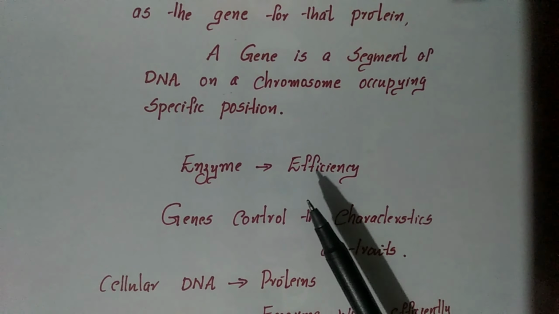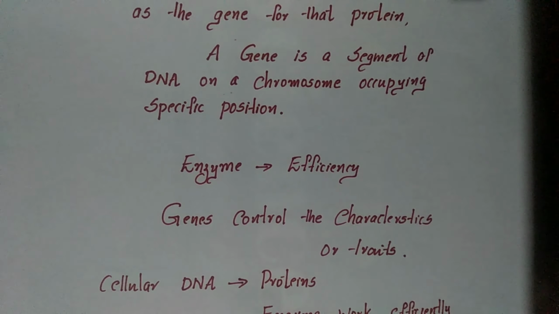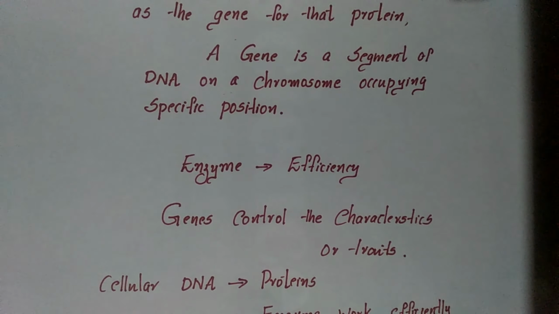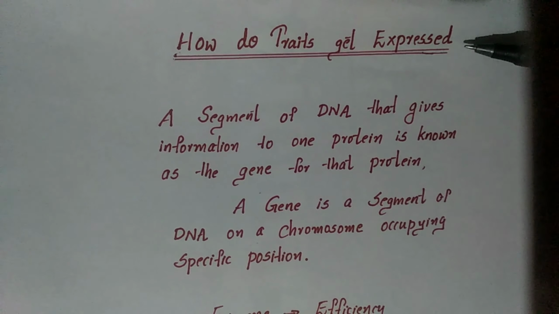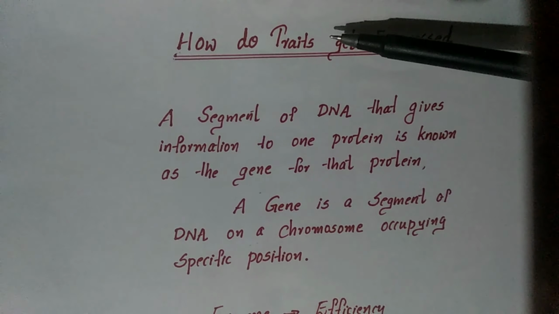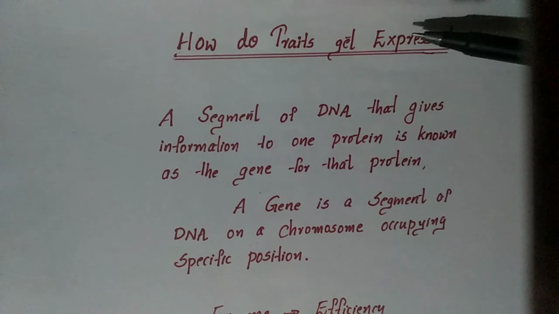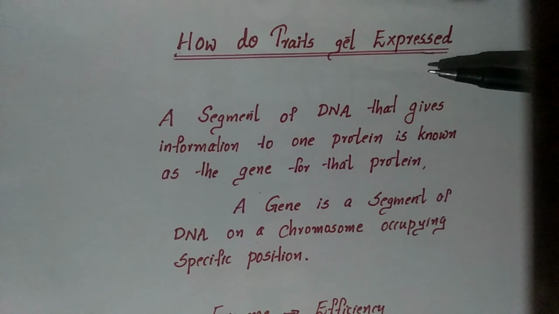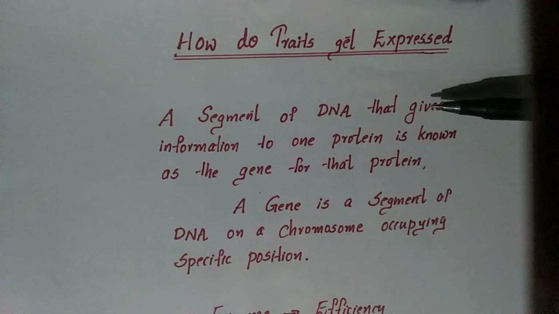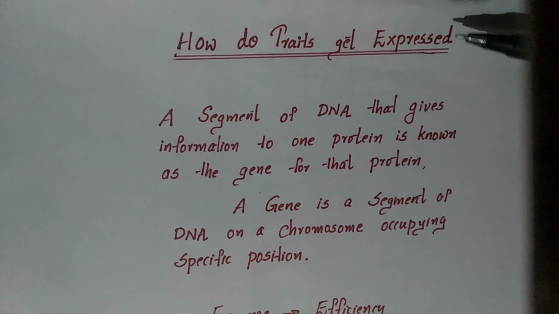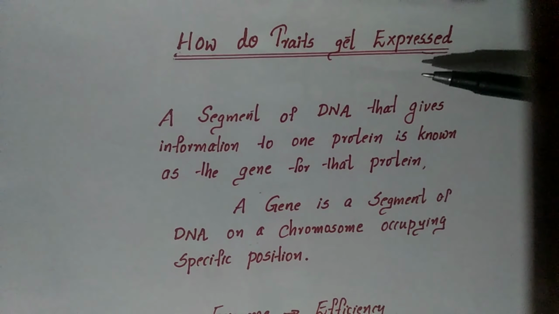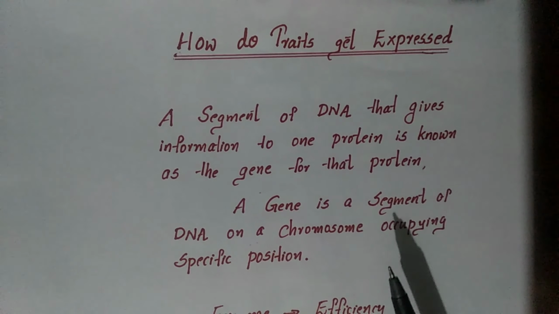So this is how some of the traits are getting expressed and some others are getting suppressed, or we call it a recessive trait. This heading itself, you can see in your textbook, is given as how do traits get expressed. So this itself is a question. You can give the answer as: if the protein meant for a particular trait is more active, that particular trait will get expressed. This is the answer, because protein efficiency results in expressing some of the characters as dominant and some others as recessive character.